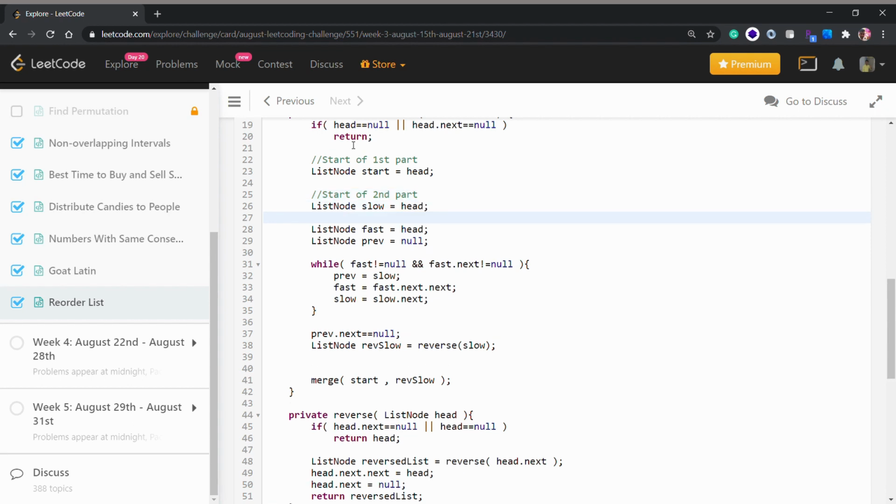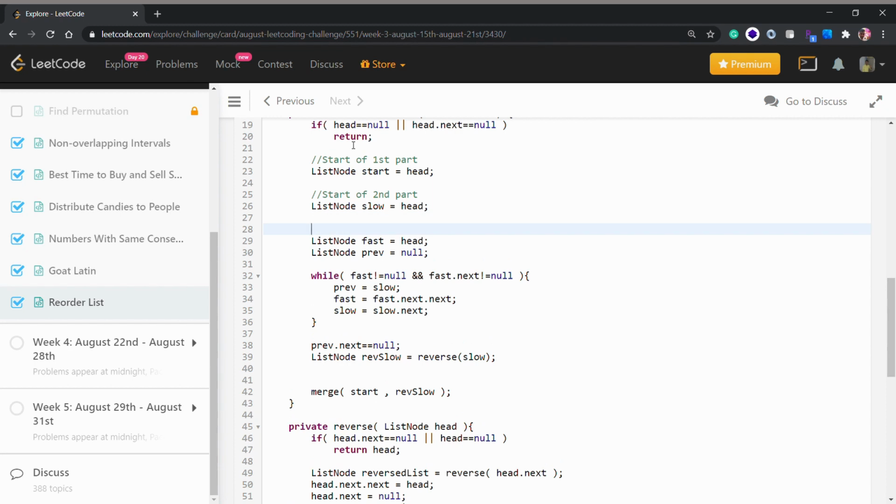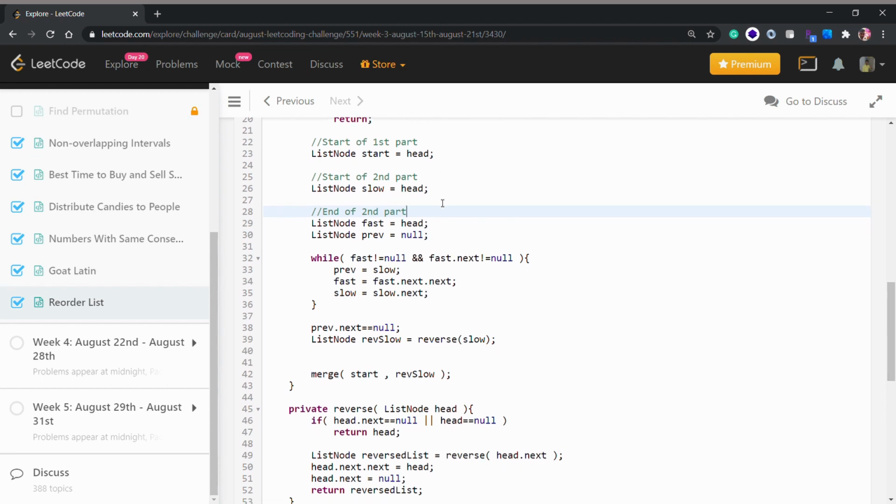And our fast node is the end of the second part, because it points towards the complete end. For example, if our linked list is 1 2 3 4, it will point towards null actually. So that will be the end of the second part.